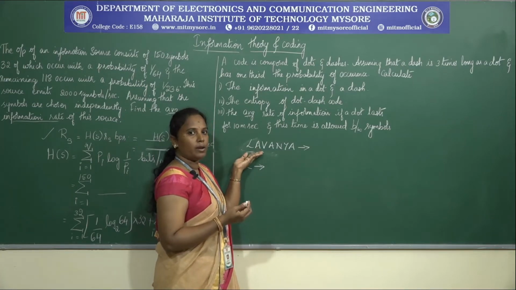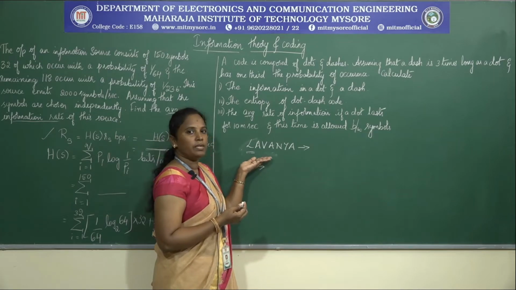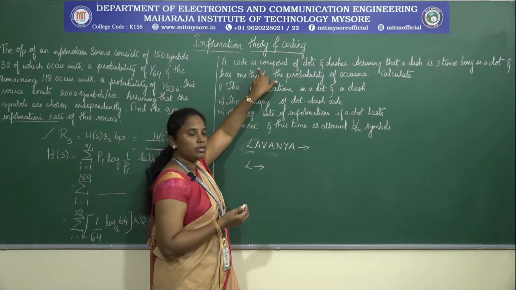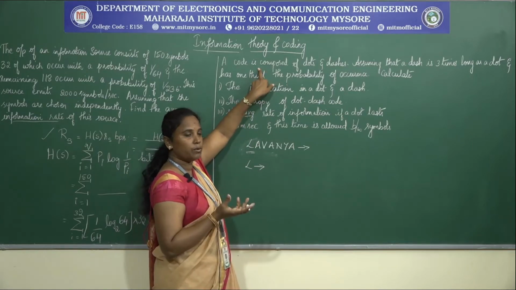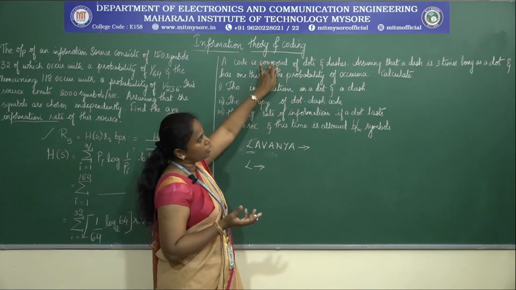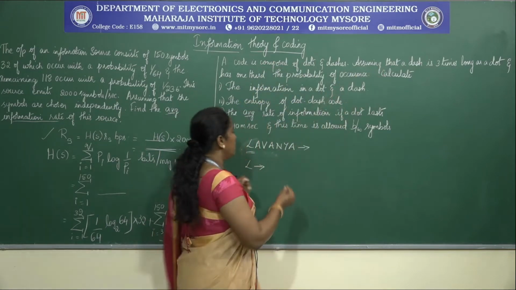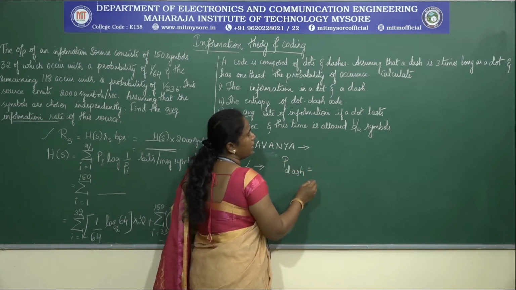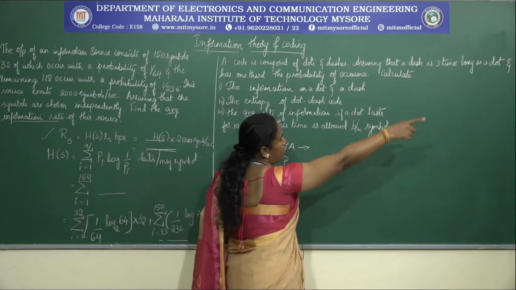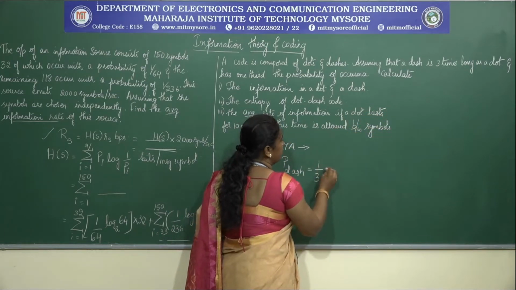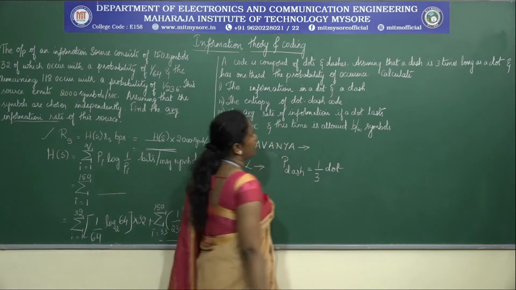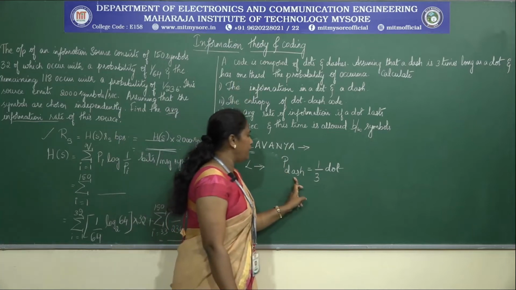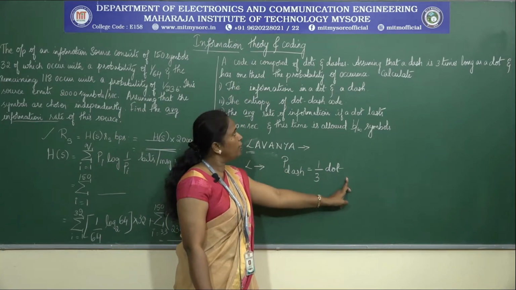Similarly for A, I require some dots and dashes. So that means we will be using dots as well as dashes to code the data. Here they have considered a code composed of dots and dashes, assuming that a dash is 3 times as long as a dot. That means it is 3 times as long as a dot, and it has 1/3 the probability of occurrence. So P dash is equal to 1/3 the probability of P dot.